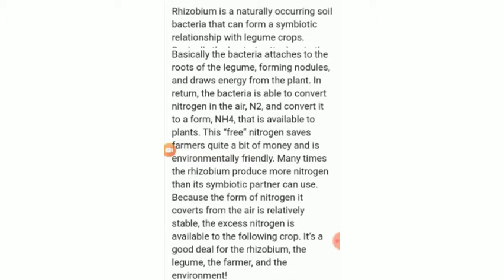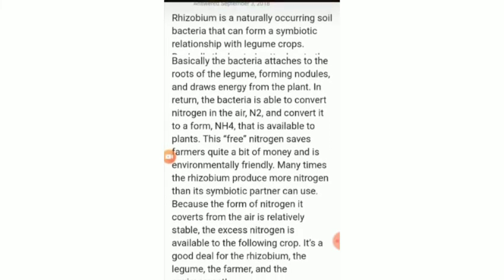Basically, the bacteria attaches to the roots of legume, forming nodules, and draws energy from the plant. In return, the bacteria is able to convert nitrogen in the air, N2, to a form, NH4, that is available to plants. This free nitrogen saves farmers quite a bit of money and is environmentally